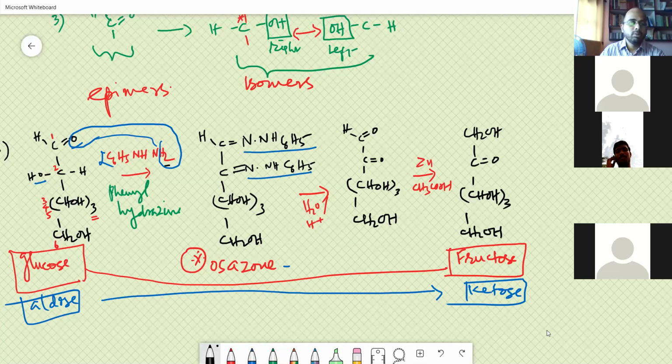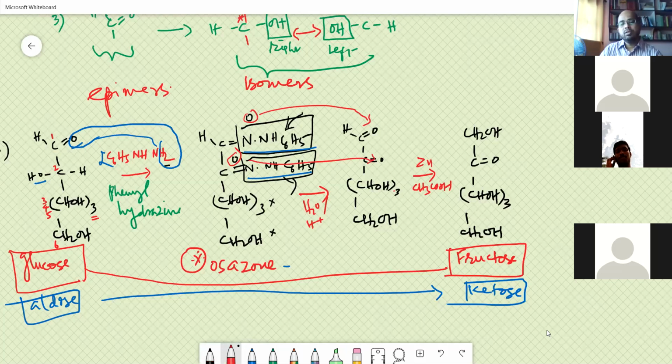So you have two C double bonded compounds. The rest of the three do not react. It's probably due to the epimeric nature of the second carbon atom that they react. These do not react with these things, right? So simple hydrolysis means this will go up, and in that particular place you will have O. In this particular place you will have O. Okay, this O and this O or this one.